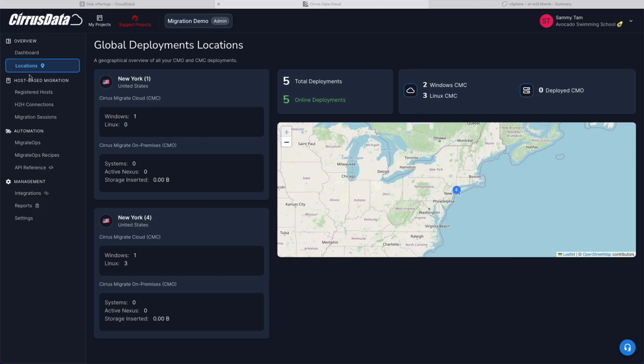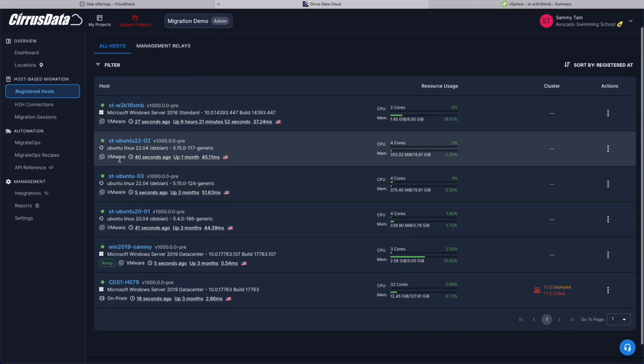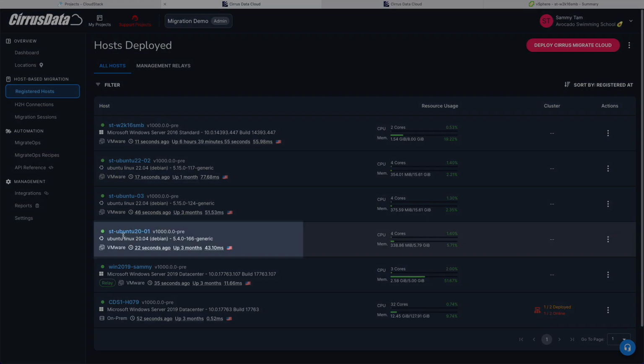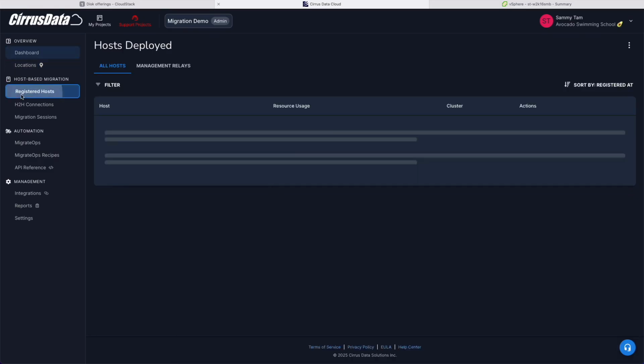Let's go to Cirrus Data Cloud. You can see all these Linux and Windows hosts already registered on this project, and I will use this machine 2001 acting as an access node for this migration, but when you do it, just any host on the same network will work just fine, and I will further explain this access node concept later as we will apply it